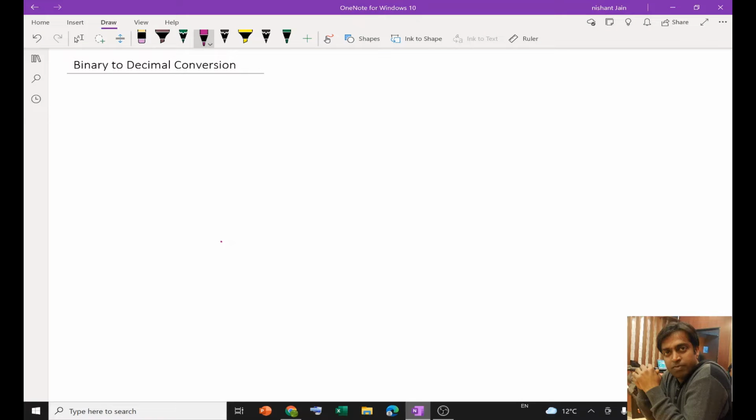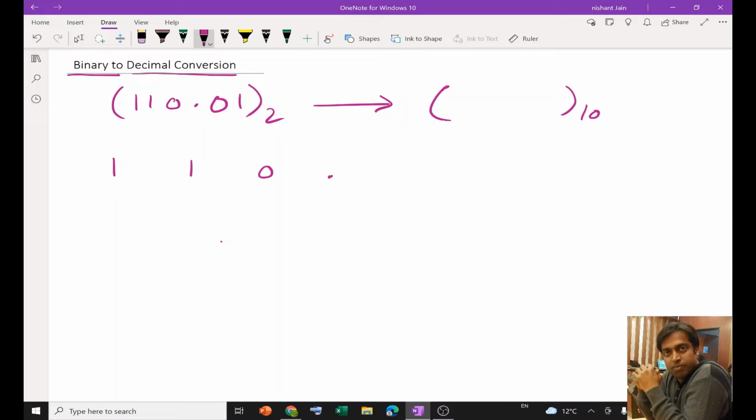In this video, I am going to explain how you can convert a binary number to a decimal number. Suppose a number is given like this, 0 1, and I want to convert it into decimal form. To convert binary into decimal, the rule is that we have to multiply all the bits with 2 to the power 0, to the power 1, to the power